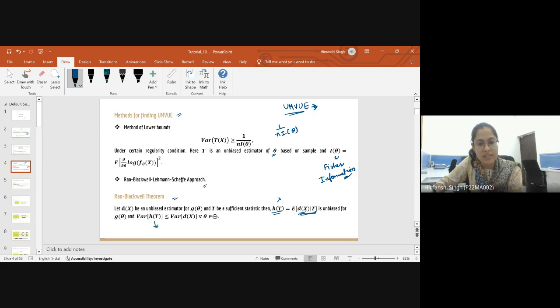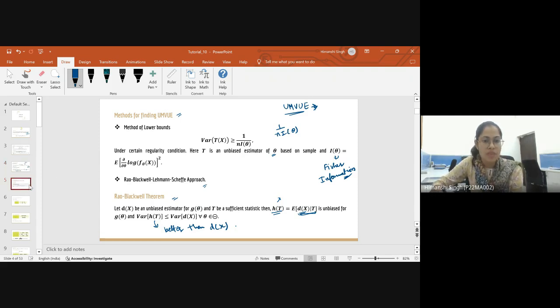So basically this is better than dx. Okay, so by this theorem, we came to know that if I have any unbiased estimator of g theta, then with the help of a sufficient statistic, I can construct another estimator of g theta which has lesser variance. Okay, so now with the use of this theorem, we have another theorem